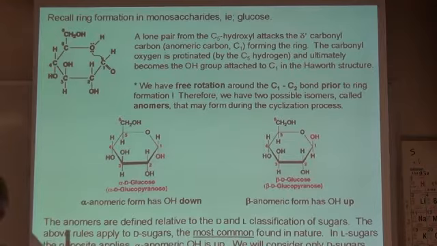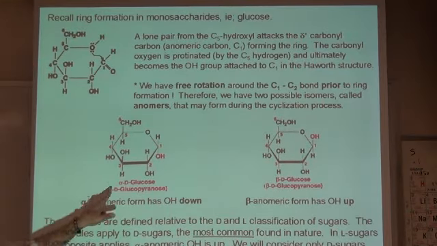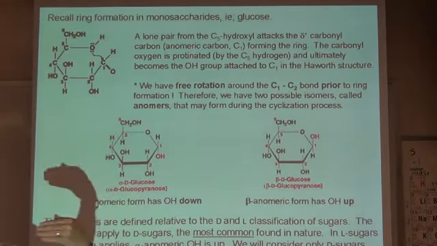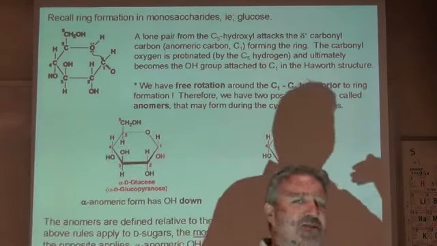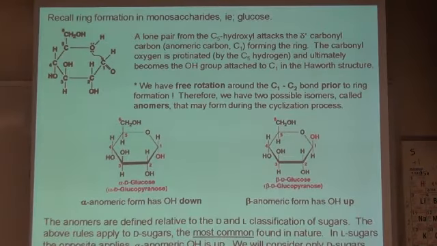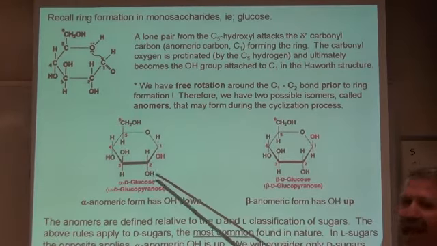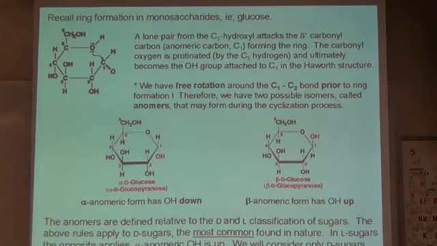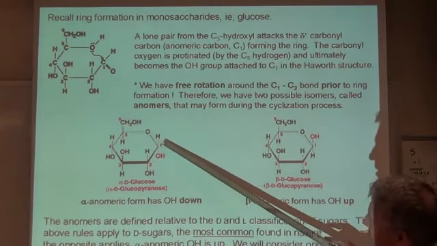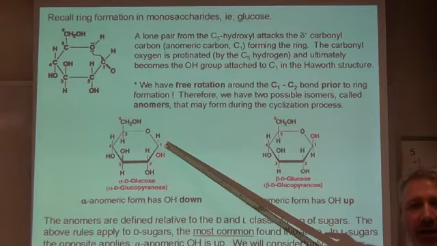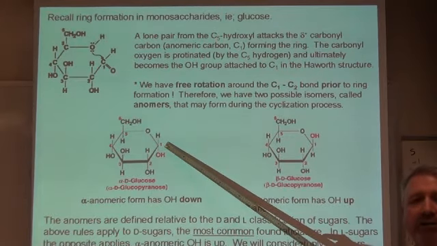I know it would be great, right, if alpha were above and beta were below. That would be great, wouldn't it? But it's just as easy to remember because you know they're opposites. These are called anomers. Alpha and beta have one purpose and one purpose only, and that is to tell you the configuration at the anomeric carbon, the one immediately to the right of the oxygen.